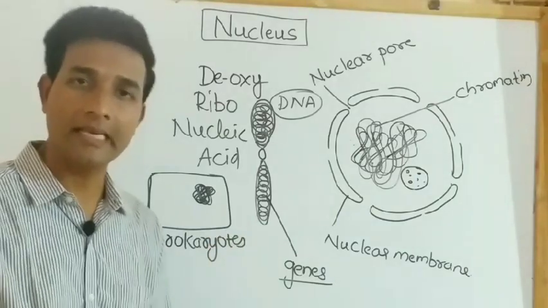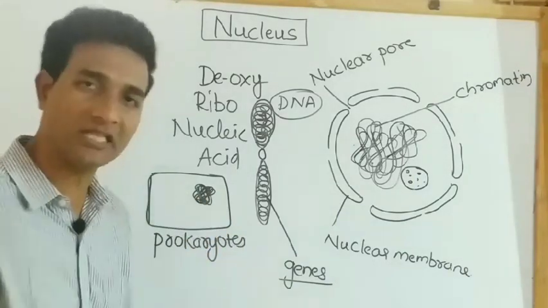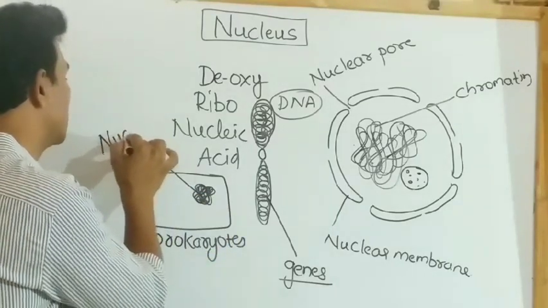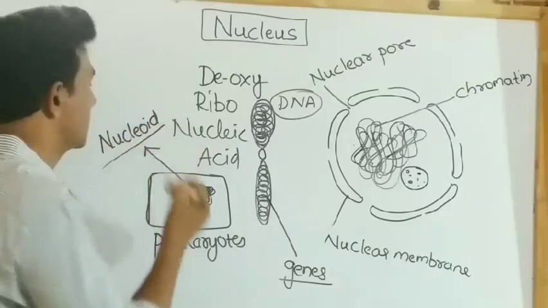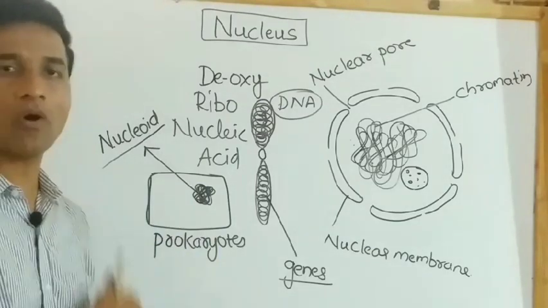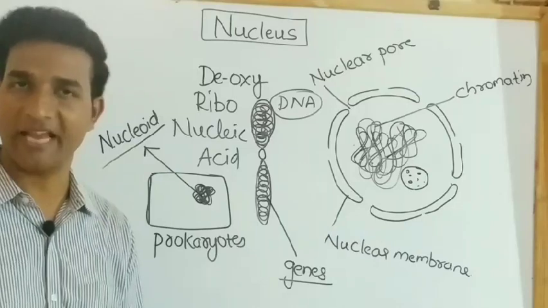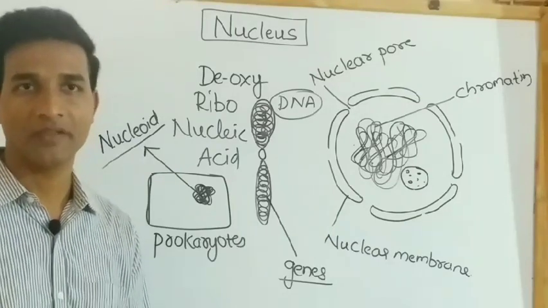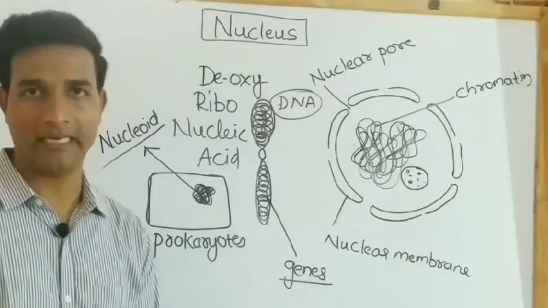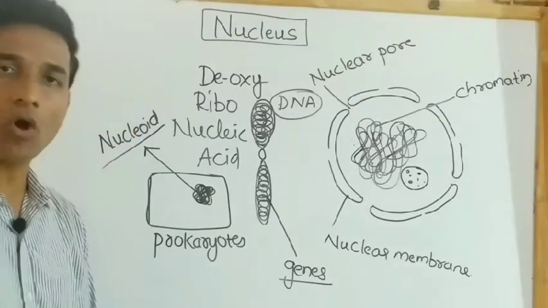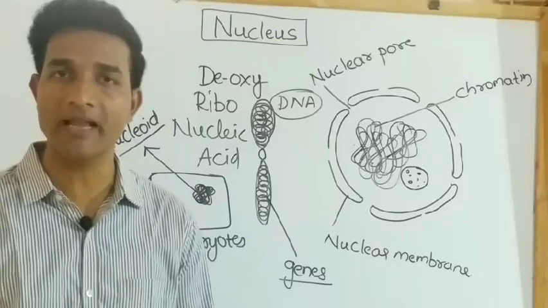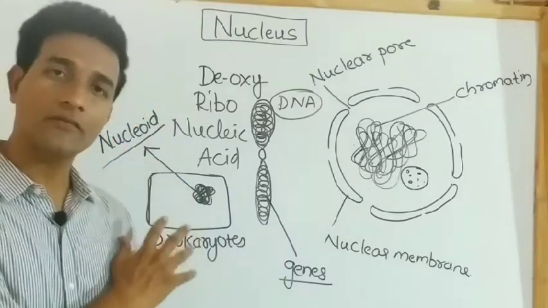Prokaryotes are the cells where the nuclear membrane is completely absent, and the DNA which is naked is called the nucleoid. So the nucleoid is the naked DNA, and the cell which has such a nucleoid is called prokaryotic, or prokaryotes. Prokaryotes also lack most of the cytoplasmic organelles. Many of the functions of such organelles are also performed by poorly developed organelles of the cytoplasm.